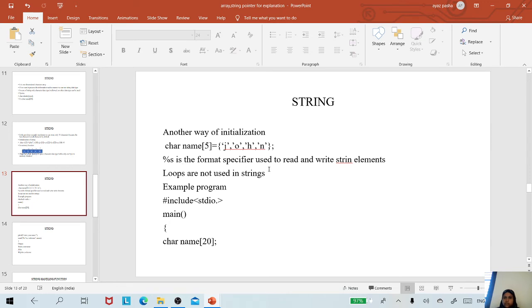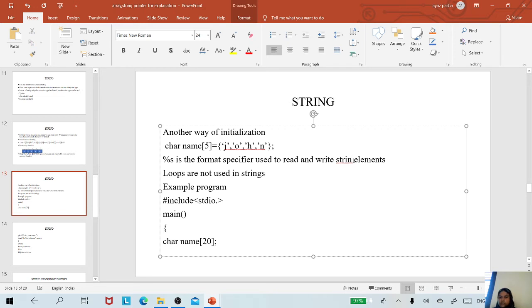Percentage %s is the format specifier used to read and write string elements. And always remember, in strings we are not going to use loops. So let us see why we are not going to use loops in the following example program.